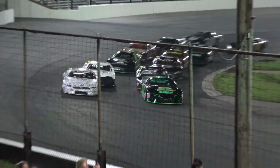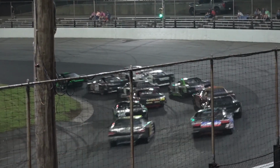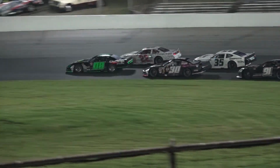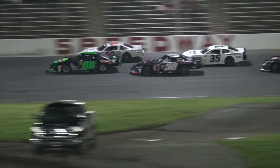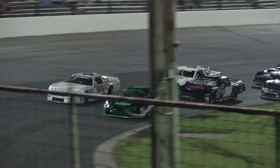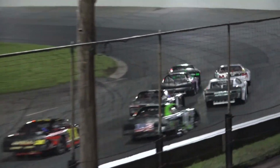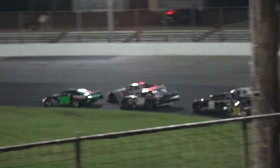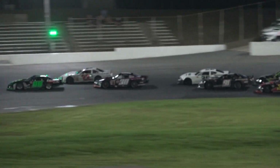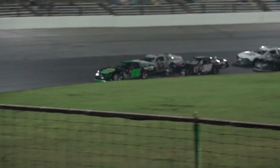Go. 30 laps of distance. Green flag unfurls. Murray and the 22 of Jenison jump up on the gas. We're underway, and down the back straight they're still side by side, stacked up at the top of the field. Murray got his work cut out for him early as the 30, the Rowdy one, looks to apply the pressure early on. Mark Jenison, though, is looking to wind up that top groove